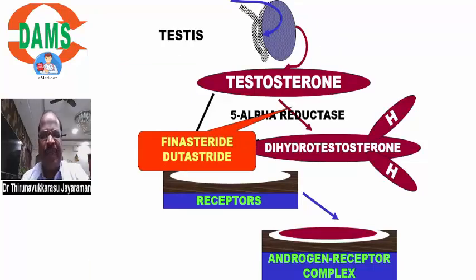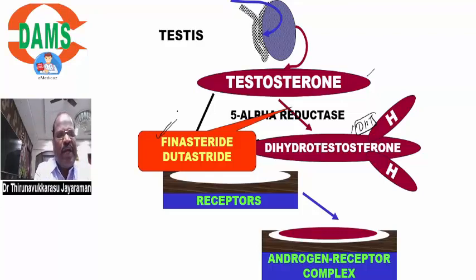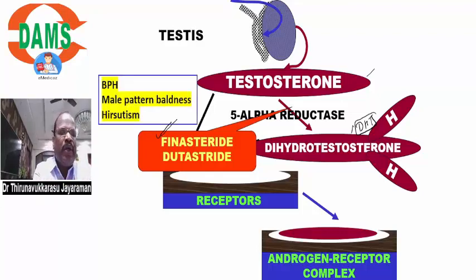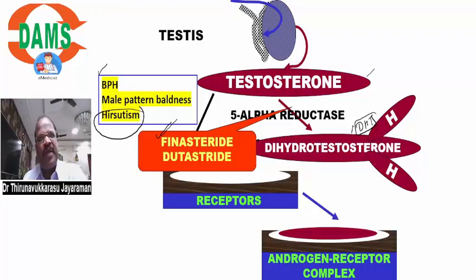Along with dutasteride, it inhibits conversion of testosterone into the active form DHT, dihydrotestosterone. Remember, finasteride and dutasteride inhibit the 5-alpha reductase enzyme. Because of anti-androgenic action, they are useful in elderly male patients to reduce the size of the prostate in benign prostatic hypertrophy. In young individuals, useful to prevent male pattern baldness. In females, can be useful for managing hirsutism because of the anti-androgenic property.